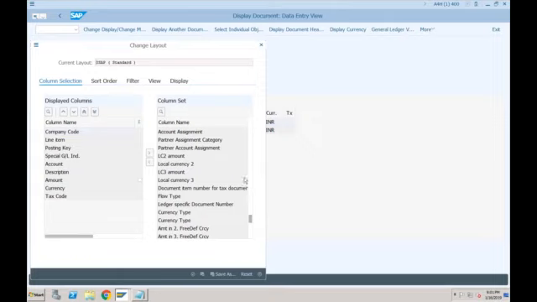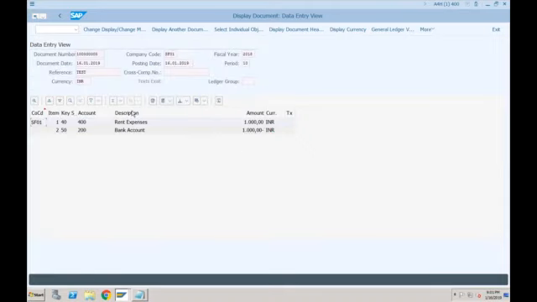Anyways, we have not activated multiple currencies, so there was only one currency. You will see it in the table directly. So that was about currency. You can change the layout as you were doing in SAP ECC.